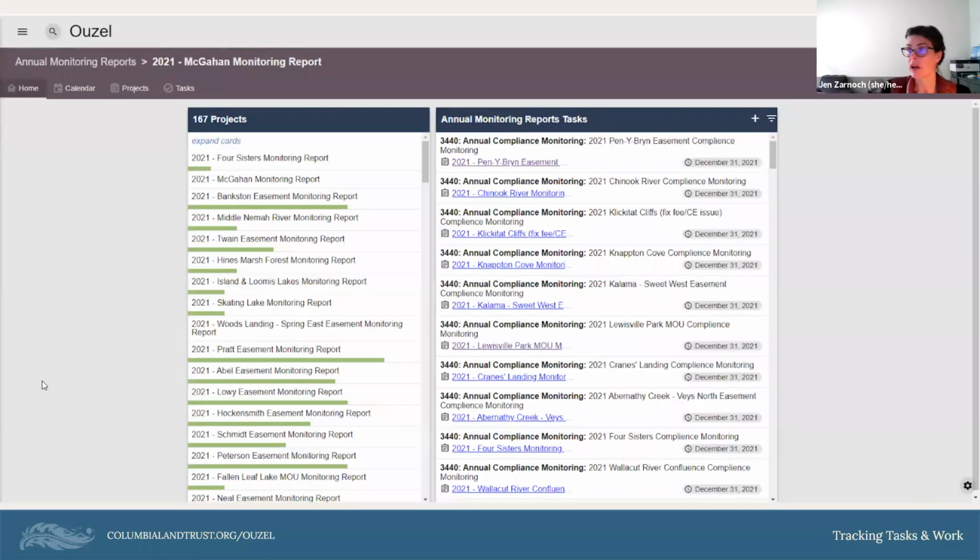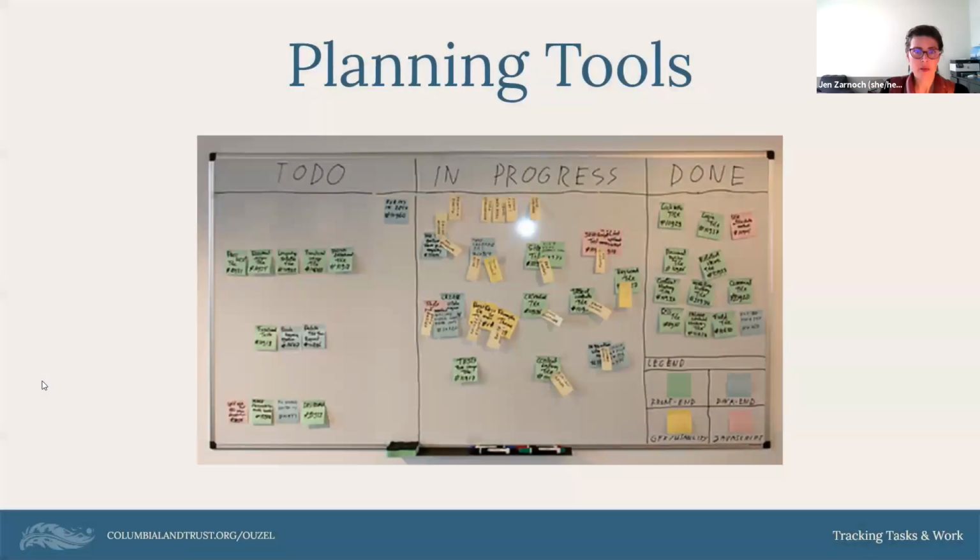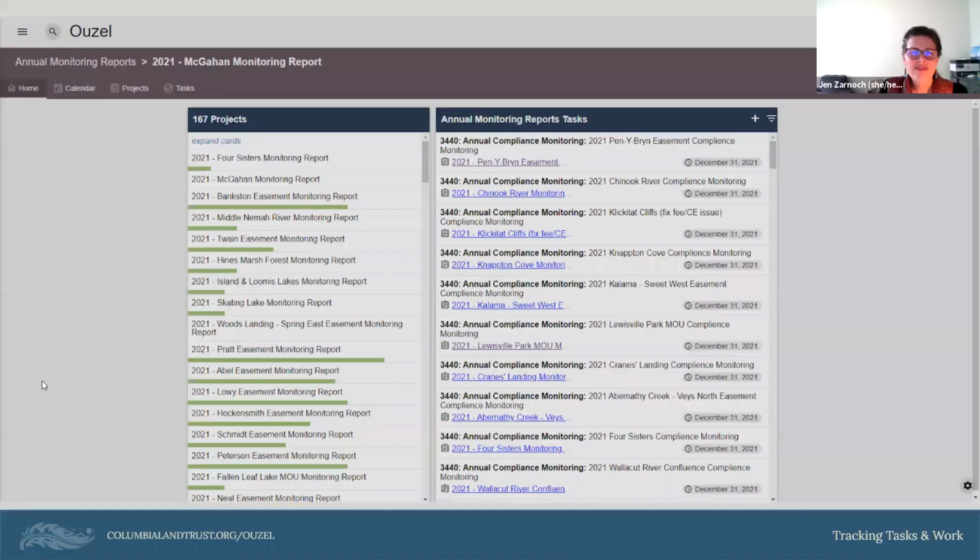Here are my annual monitoring tasks. So this is an annual monitoring workspace, specifically looking at tasks for this year. And you can see the long list here. Well, we're gonna go look at this more later, but that's really all just to show we have